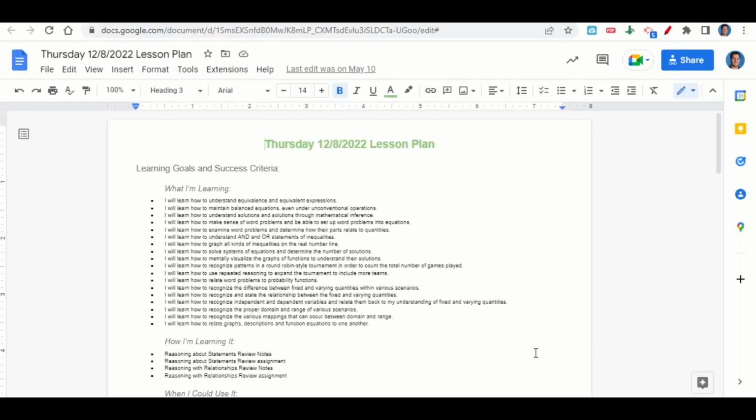Welcome everyone. Let's begin our lesson for today by going over the learning goals and success criteria. First, what are we learning? We're learning how to understand equivalence and equivalent expressions, how to maintain balanced equations even under unconventional operations, how to